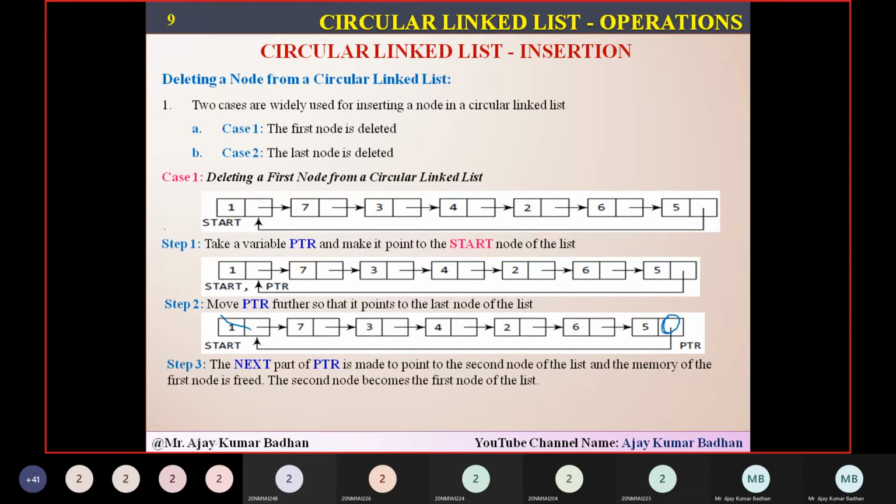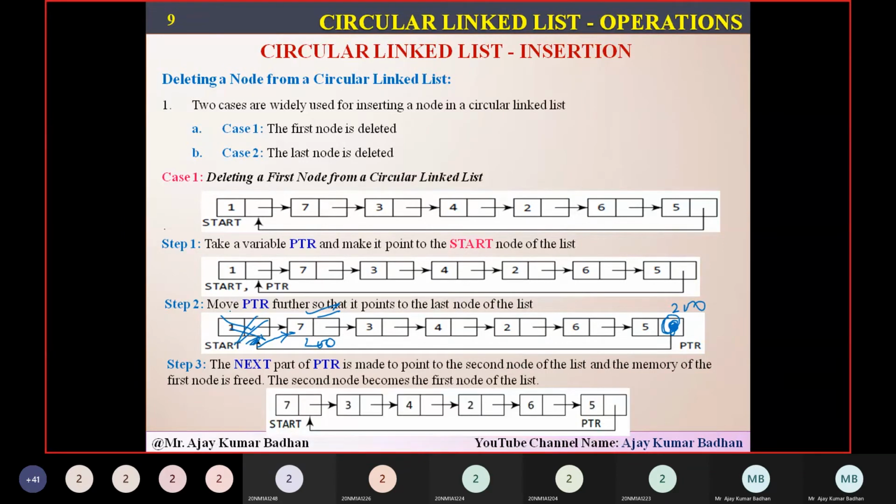So I wanted to delete this node. So definitely the address present in this particular location, the next block, should be the address of this particular node. Suppose this is 200. So this 200 should be present here. That is what I need to do simply. So the link will be cut off from this, and finally it will be pointing to this particular location, not this one. And this particular node will be deleted, and this one will free it up. That's what we are going to do.